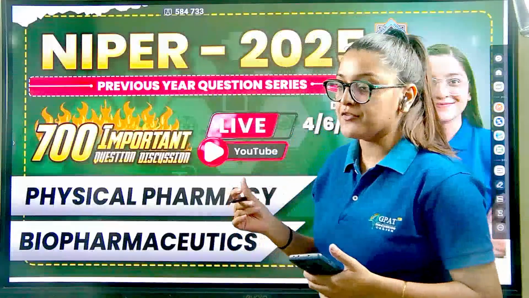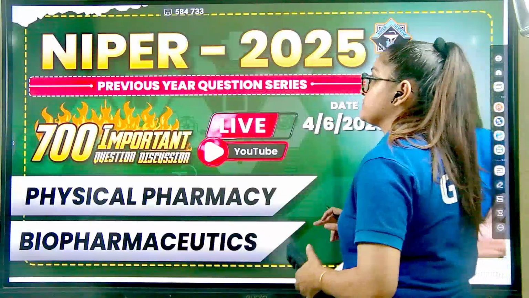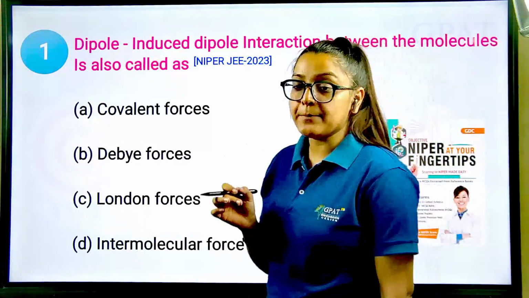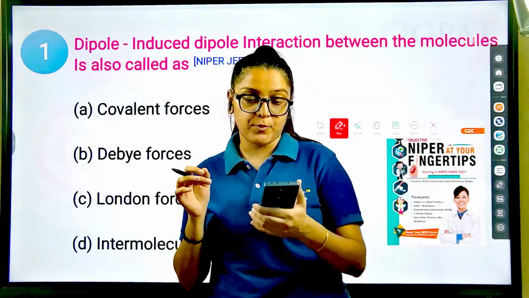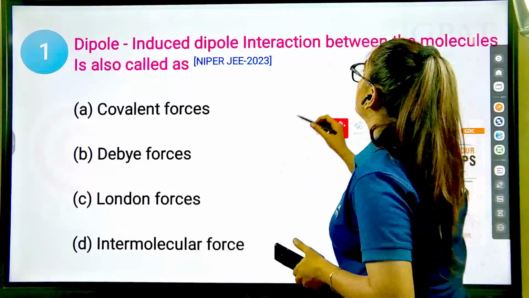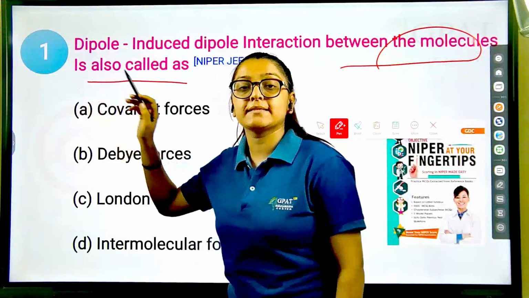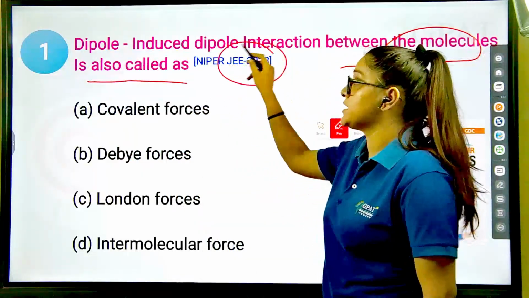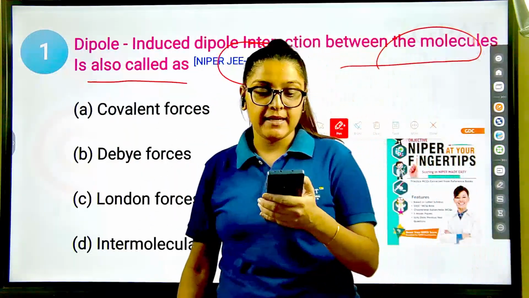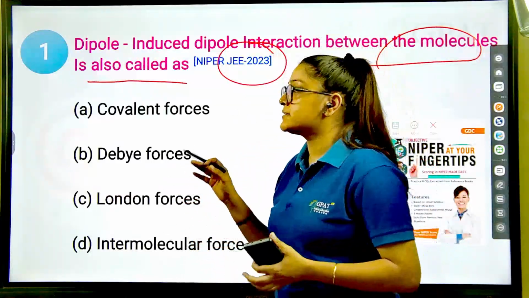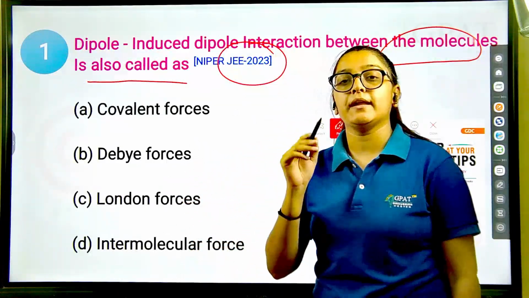So let's start with our first question of the day. The first question says: dipole-induced dipole interaction between the molecules is also called as. The question itself is from the NIPER JEE 2 2023. That means it is a very recent topic, and you have seen that this was also marked important in every